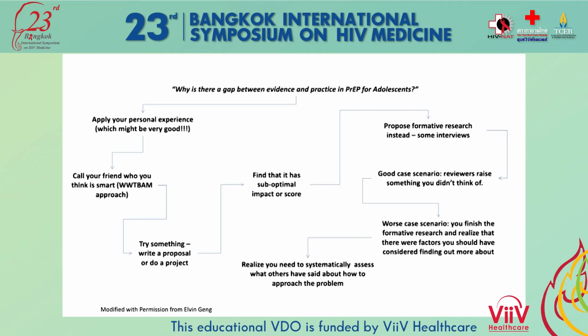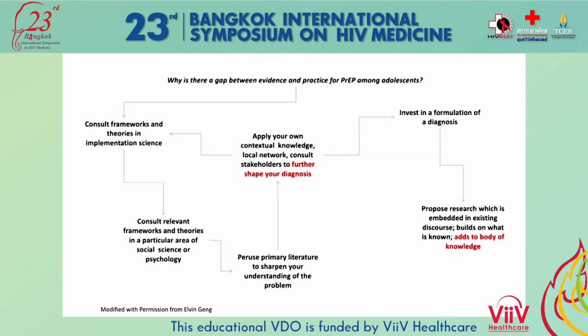unfortunately, you may find out that people just describe general common barriers, and you don't get something that's specific enough that you can really intervene on. And then you're at the point where you think, okay, I need to systematically assess what is wrong with this program and how to approach the problem. Now, what I would like ideally is that at the end of this talk and moving forward, you might use a different approach, that when you have this gap between evidence and practice in PrEP for adolescents, that you consult